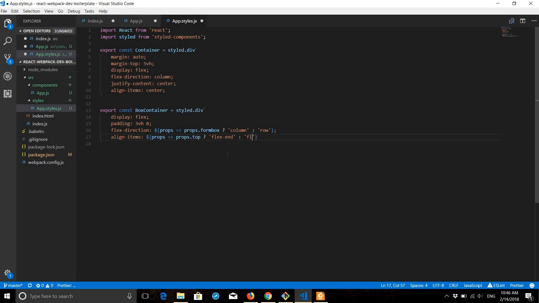Otherwise, display as flex start. And finally, for the box itself,